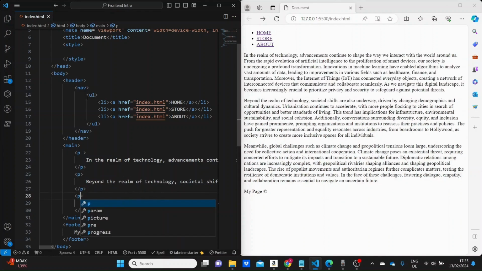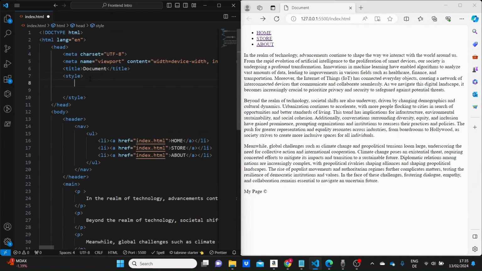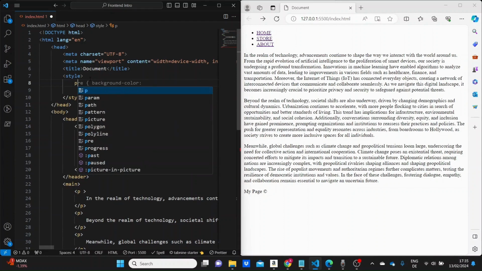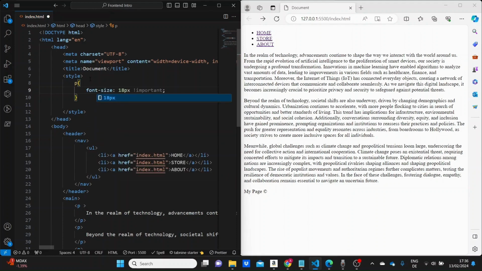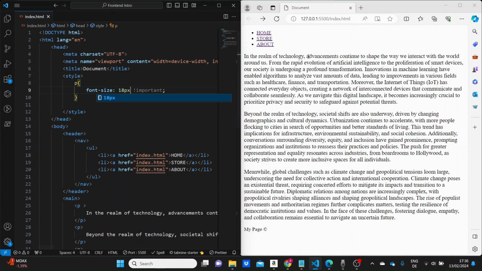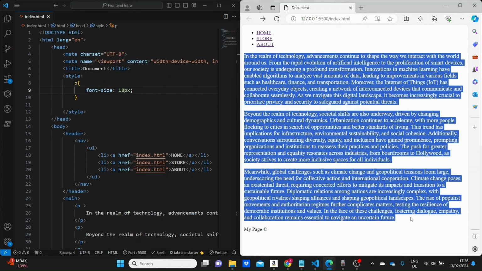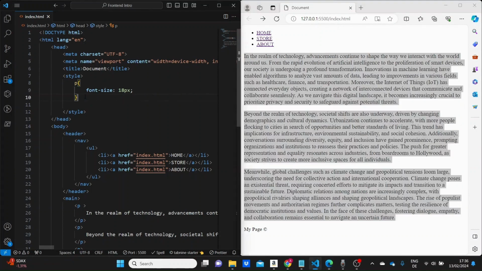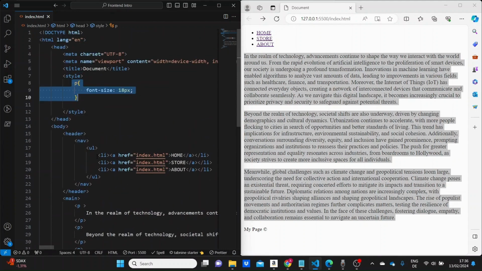And to apply this styling to all of the paragraphs in our page, I'm going to access them with the name of the element, then curly braces. Here I'm putting the font size to be 18 pixels. This way we can see that the font size for each of the 3 paragraphs is now changed, it's bigger. And even though this second method is better than the first one, the inline styling, because by just 3 lines of code we have applied the styling to each paragraph,